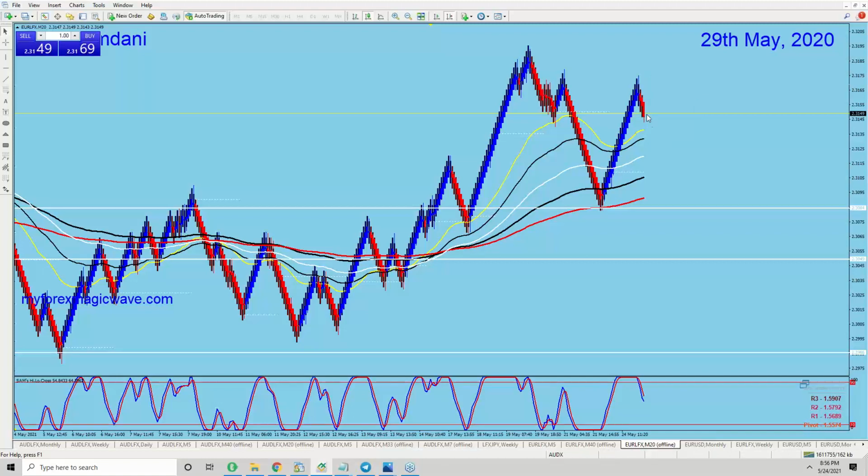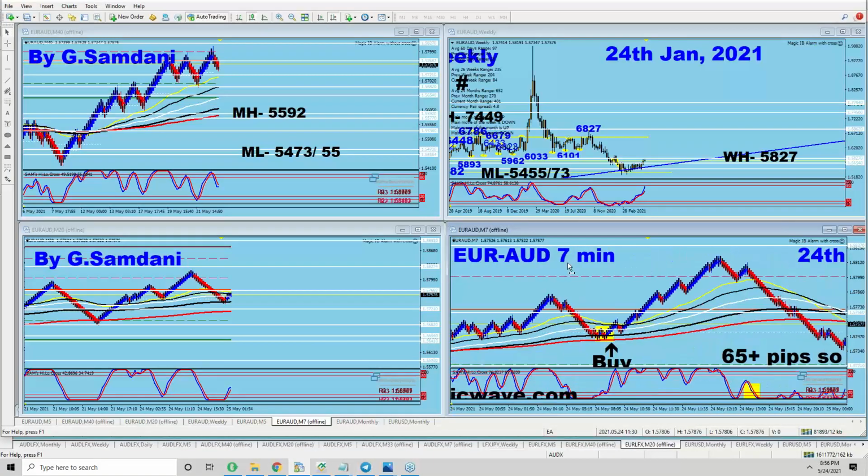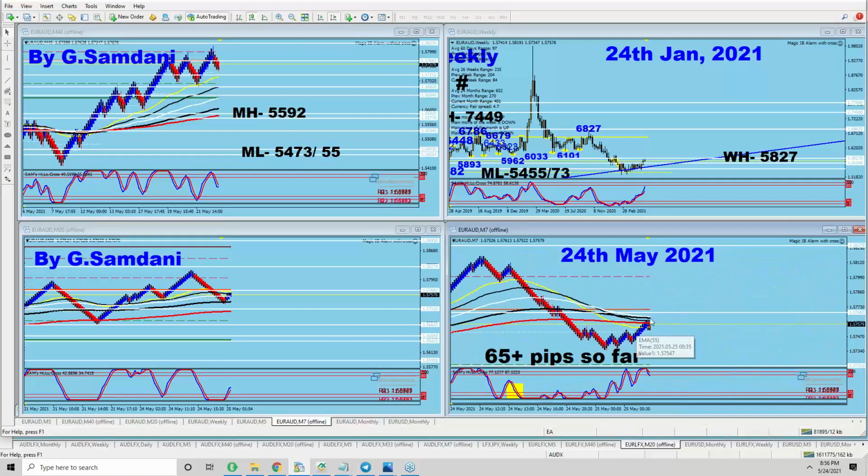So if Aussie gets strong, and this starts dropping here, I know that Euro is getting weaker, Aussie getting strong, and Euro-Aussie will go down. And at that point, I will see this working out. I will see red candles here. You understand? So this is how I get most of my trades. You wait for the news.